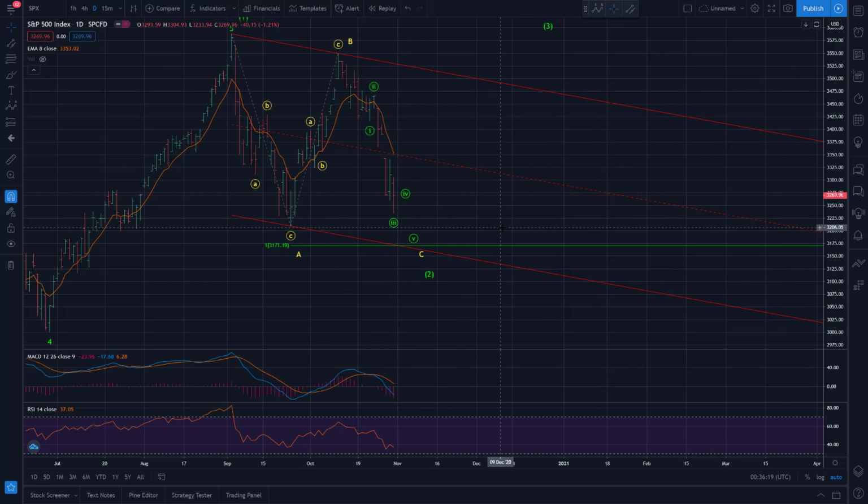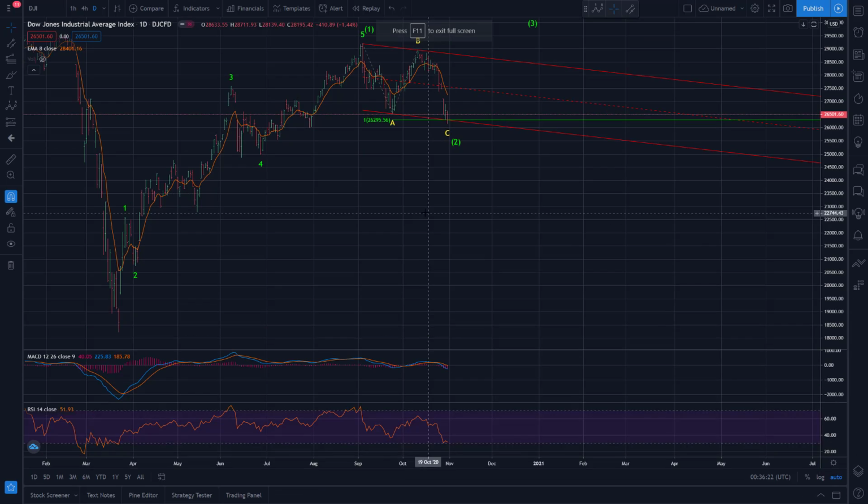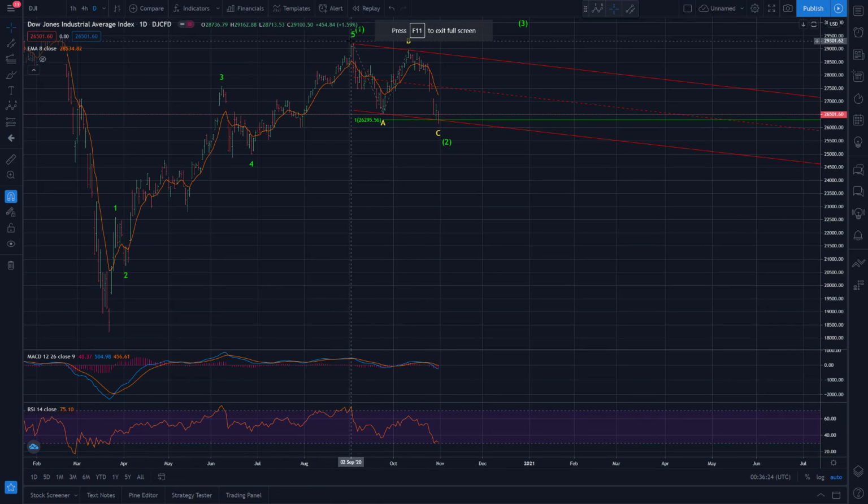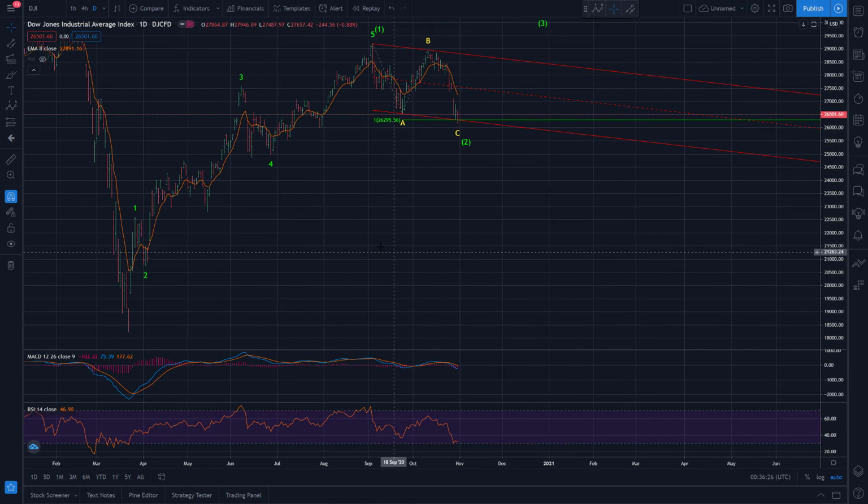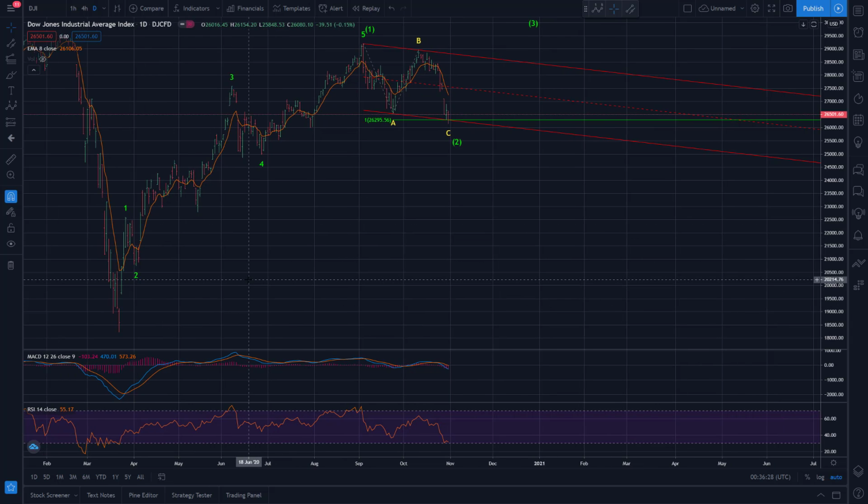And what I do want to go to here is the Dow Jones Industrial Average, because it's actually done the cleanest pattern of all the indices so far. And okay, they're all basically the same. I mean, they vary in their magnitude, but as far as the overall pattern, the Dow is the same as the S&P. We got from the March low 1, 2, 3, 4, 5 up, probably for a larger one. Now we have ABC down.